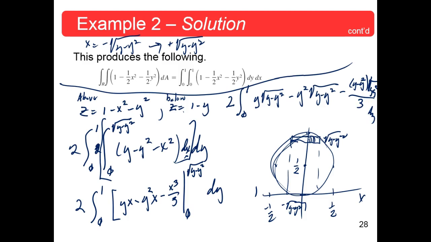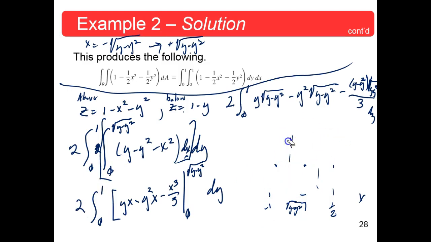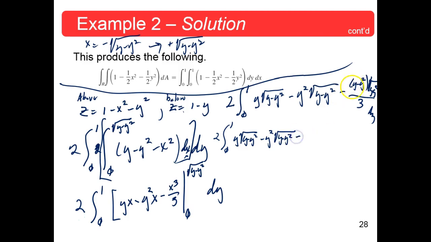So I'm afraid I'm going to have to erase even my picture here because I don't have enough room for anything. So let me erase the picture with all of its glorious pieces and parts. Okay. And this is the final part of the integral. Easier said than done. All right. It's going to be 2 times the integral from 0 to 1. Let's see if we can combine any of these things. Here we have a y times the square root of y minus y squared, minus y squared times the square root of y minus y squared, minus, and then multiply that, that's y minus y squared over,